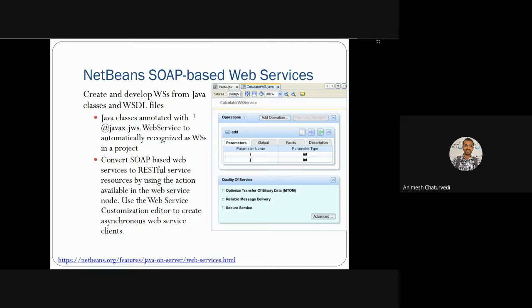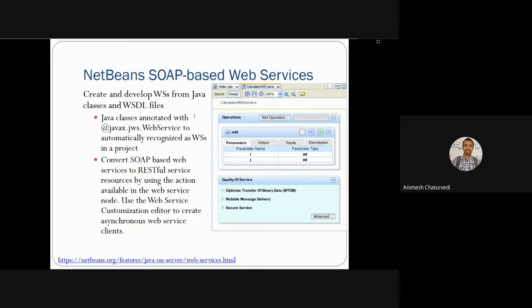First of all, you create and develop a web service from Java classes, or if you have a WSDL file available, then you import it, and automatically these operations and parameters are managed by the IDE, and it will create a web service.